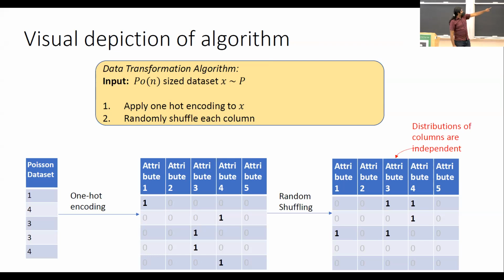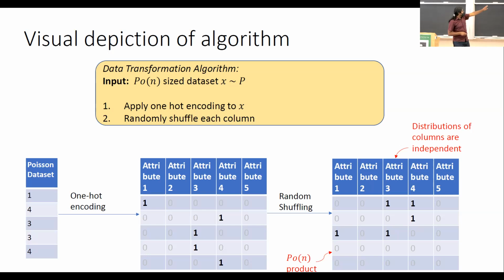And now I claim that the distribution of the columns are independent. And this is because of Poissonization, the number of 1s in each of the columns is now independent because the element counts in the input were independent. But what that means is that now the attributes are independent, and with some extra work, you can also prove that the attribute distributions are exactly what you need them to be. So you can prove that this actually looks like Poisson of n samples from a product distribution. And just intuitively, you can see that you no longer have this problem where you have a single 1 in every data entry, right? You can have multiple 1s.